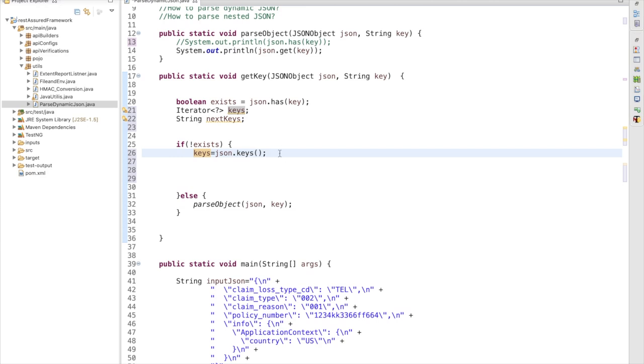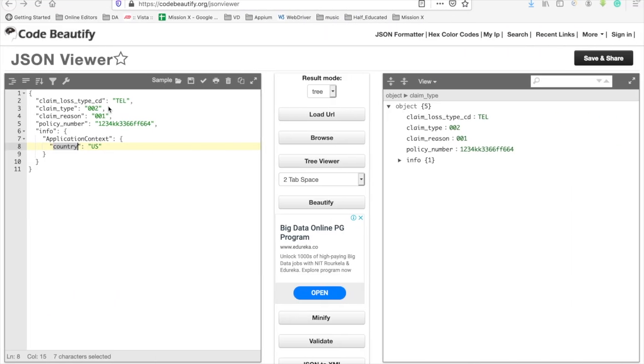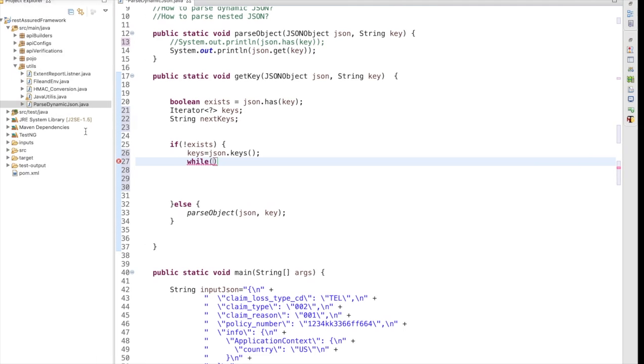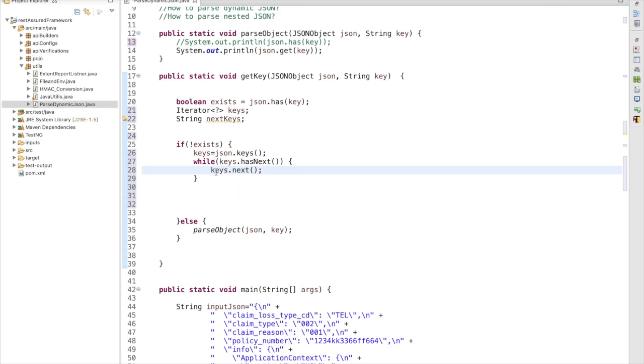So first I am going to check this condition. If this condition is satisfied, then we are going to iterate over the JSON keys. Let's say I am going for claim type, so first I will check with this one, then I will check with this one, and like that I am going to iterate. The while keys dot has next, I am going to iterate over this, and I am going to store it as the next key.